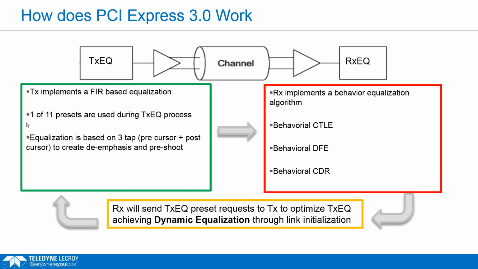So the selection of which preset or which cursors you're using, the tuning of the DFE and the CTLE, all that needs to happen when the customer plugs the 2 pieces together. They need to talk to each other and work out what are the best equalization settings so that they can maintain a low bit error rate at that 8 gigabits per second. And that's where this dynamic equalization concept comes in. That's just the tuning and optimizing of all these equalization settings at runtime.